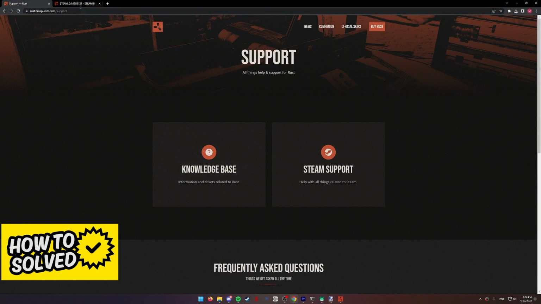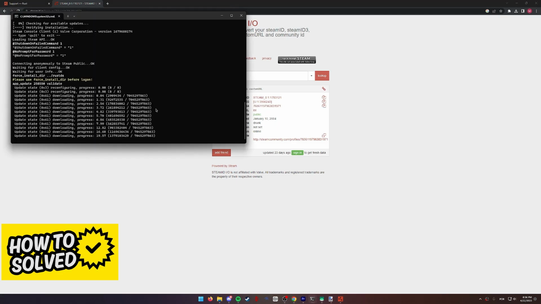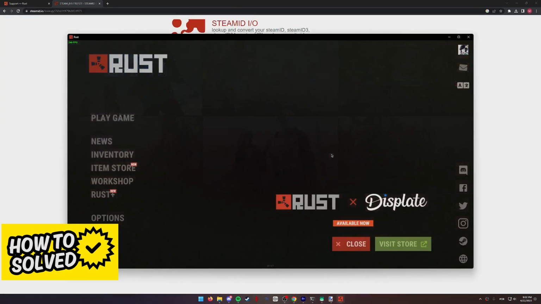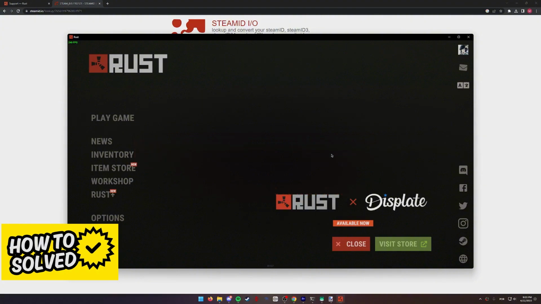up. In the meantime, what we have to do is give ourselves admin privileges in the server. So using this website, www.steamid.io, you need to apply your Steam ID 64. So input your URL over here and select Lookup. You will be given your Steam ID, ID3, and finally the Steam ID 64. When this process is done, we have to type owner ID followed by the Steam ID 64 we just copied. Once you give yourself admin privileges in your server by typing owner ID and the Steam ID 64 you copied